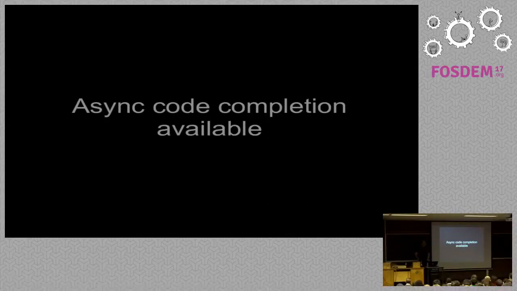Currently, basically all code completion in Eclipse runs in the UI thread, which is good if the underlying infrastructure, like the Java compiler and so on, is fast enough to deliver the data. The Java tooling is fast enough, in most cases, to do this. But for other implementations, I heard, for example, a few years ago, one of the Scala developers for Eclipse complained that asynchronous code completion was not available, or SAP also, I think, had a talk recently that talked about that. And now we have it by default, and it has been implemented in a way that